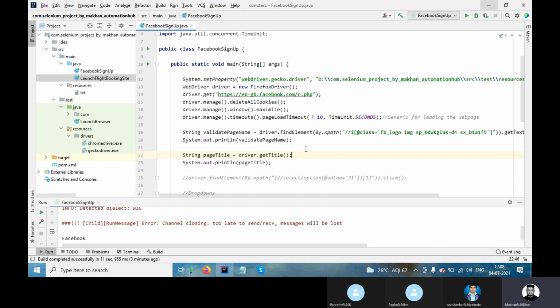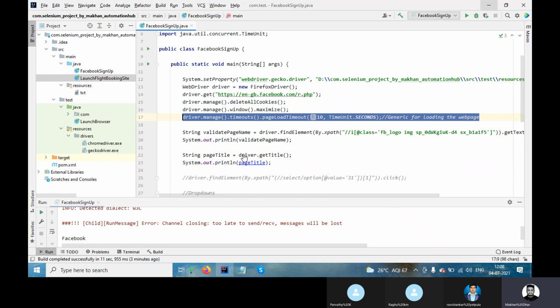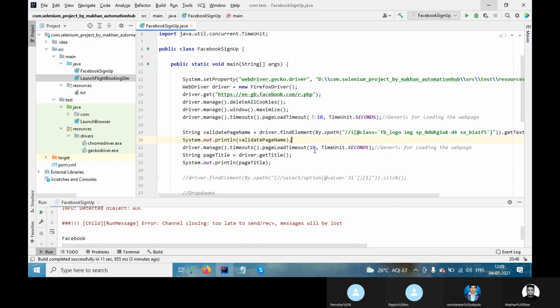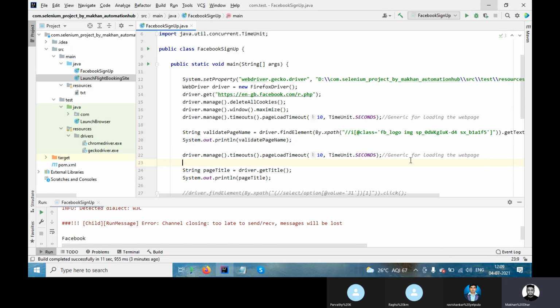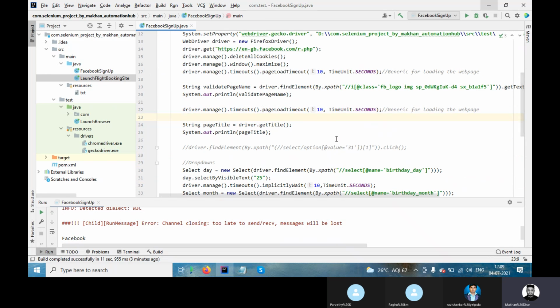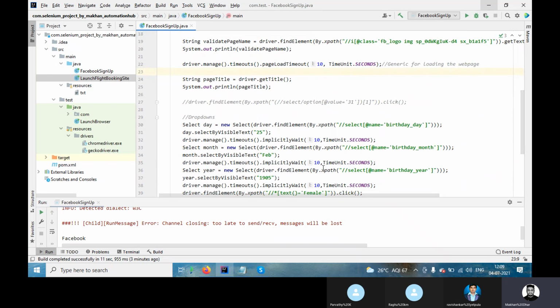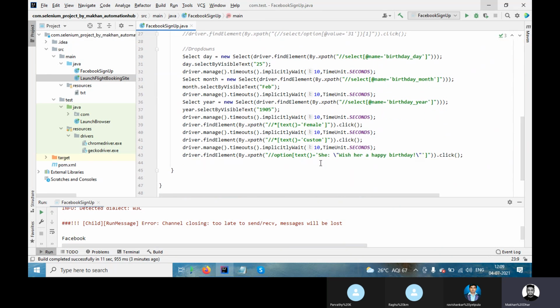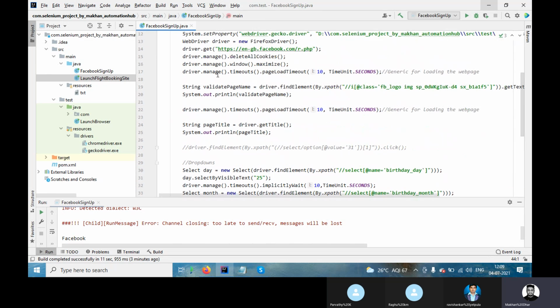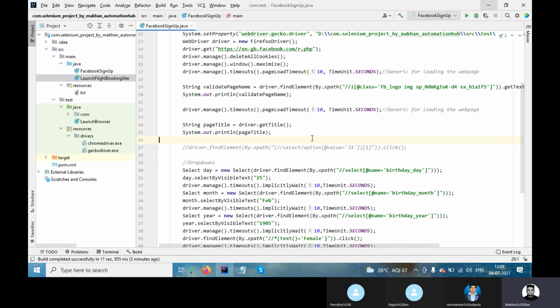Now let's run. Okay, now again I will use implicit wait. Ideally you can calculate 20, 30, 40, 50, 60, 70 seconds, which is more than 1 minute. We used this wait, but it will not take more than 1 minute. Okay, let's run and see. This is the use of implicit wait.